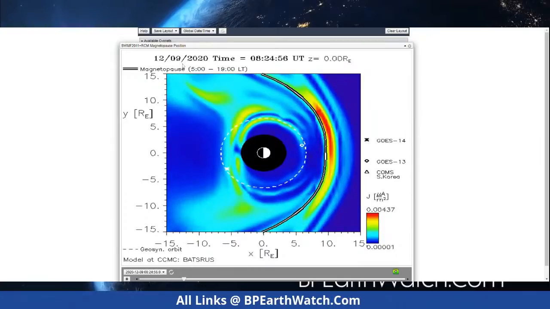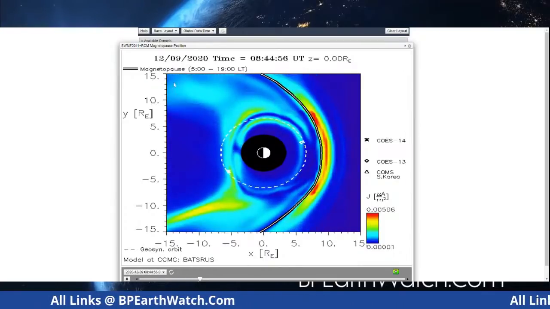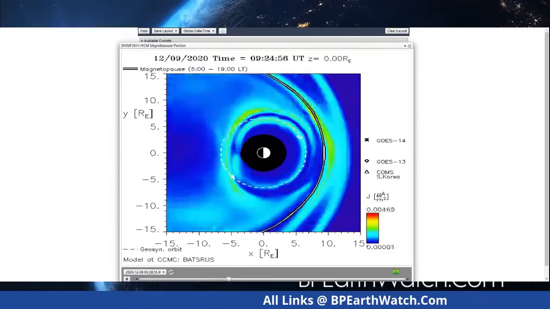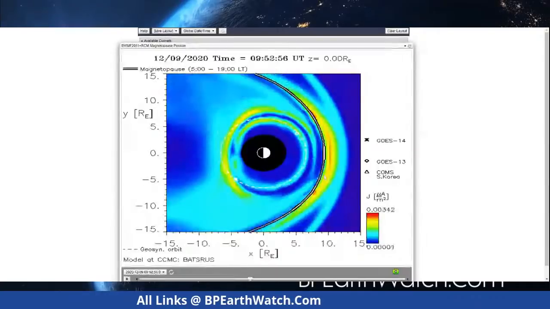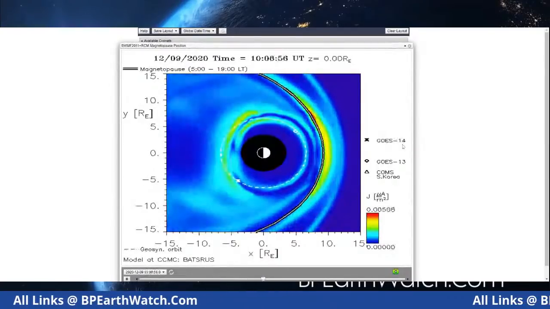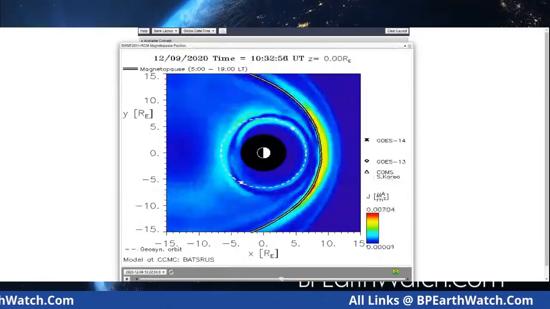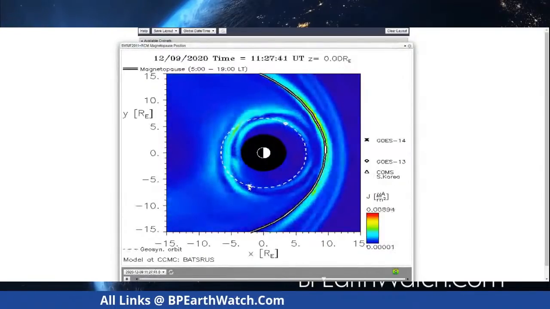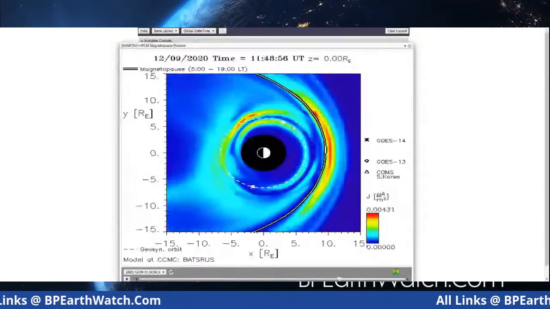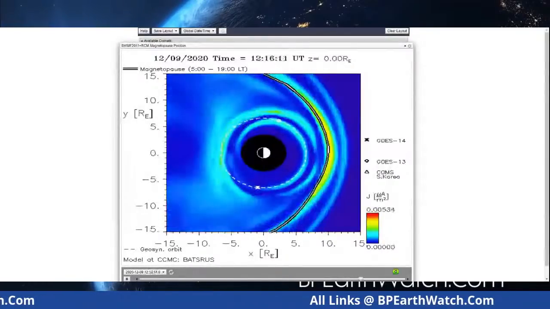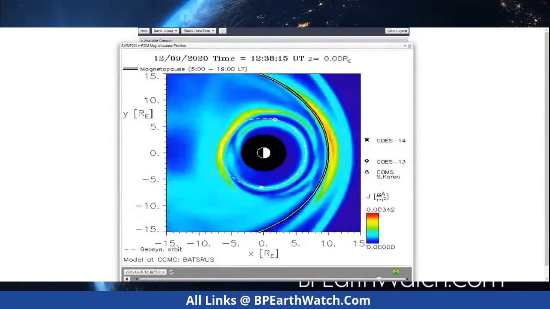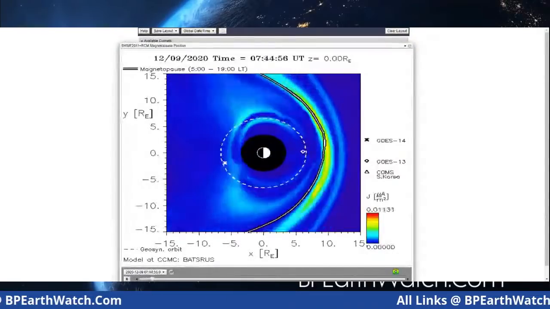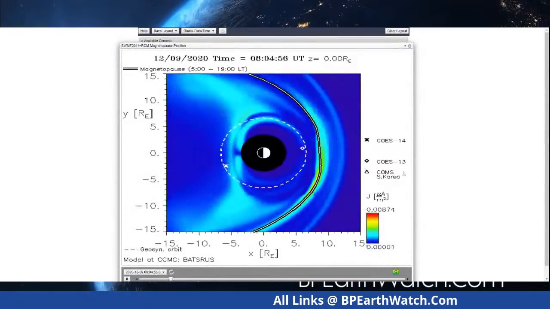But you can see your timestamp also at the bottom. This is playing back from 100 frames to the current time, just to give you an idea. Again, your GOES satellites, 14, 13, and the South Korean communication satellites are represented with a diamond. This X looks like the Korean satellite is not broadcasting at this time. We're only getting the GOES 13 and 14.